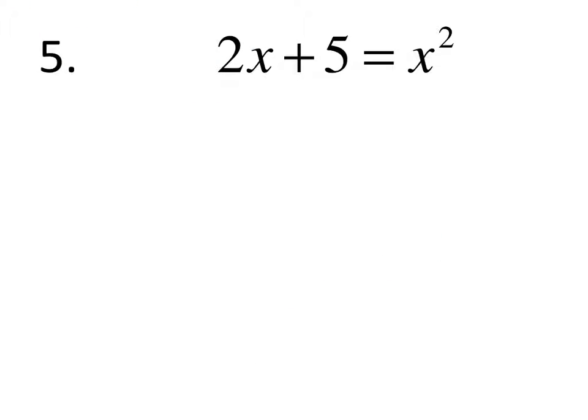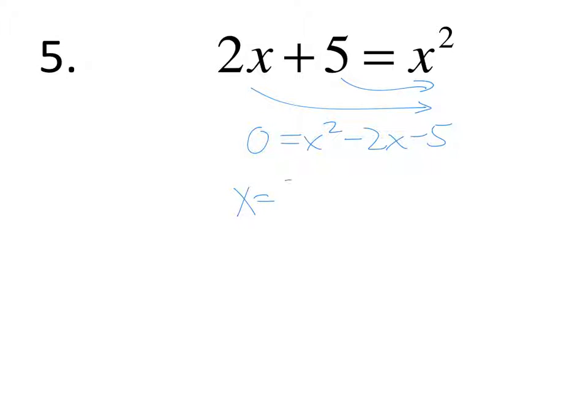And number 5 here, we got to set it equal to 0. Let's move all these things over this way so that we have a 1x squared. So we end up 0 equals x squared. Subtract the 2x from both sides, and subtract the 5 from both sides. Then we try to factor, but this guy does not factor. Two numbers that add to -2 and multiply to -5 don't exist. So we can use our quadratic formula,